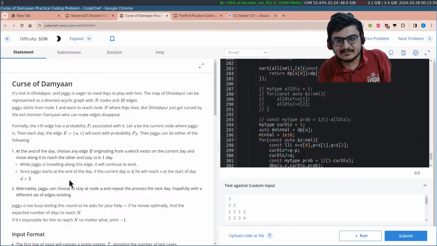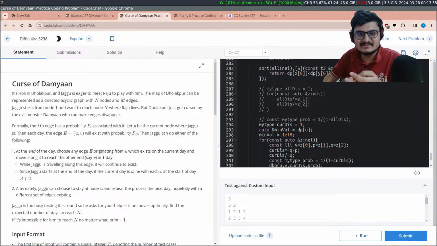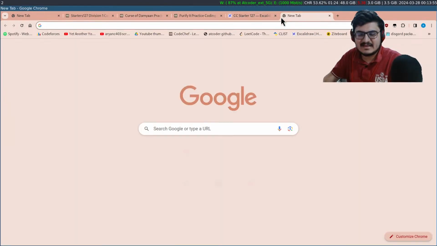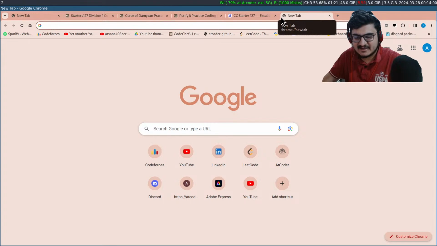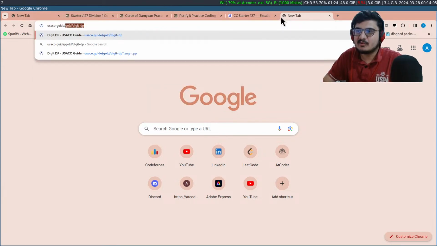But yes, I want to practice graphs. I was watching Striver's graph playlist. What is important is whether you solved problems related to those graphs. For problem sets, I can give you multiple, and you can pick any. I think Striver also has a sheet where he has created some problems. Either you can pick the Striver sheet, or you can also look at the USACO guide.